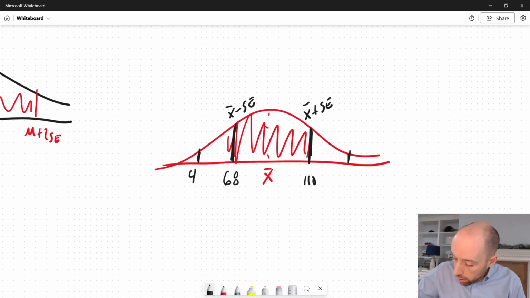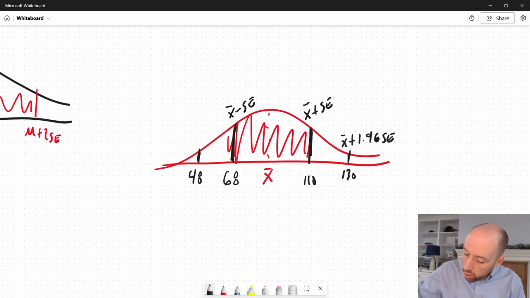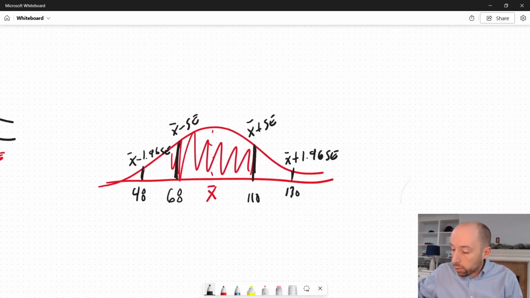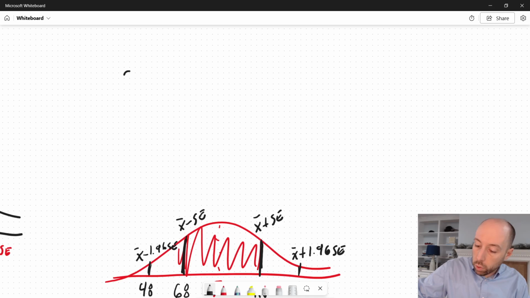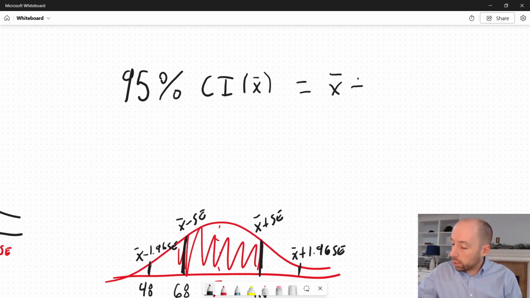48, 130. So that's x bar plus 1.96 standard errors, and this is x bar minus 1.96 standard errors. Remembering, of course, the formula for a confidence interval, 95% confidence interval for something like x bar is x bar plus or minus